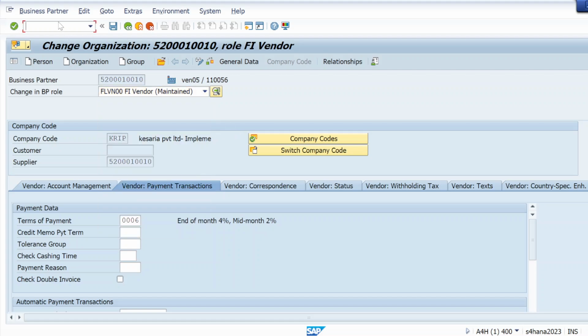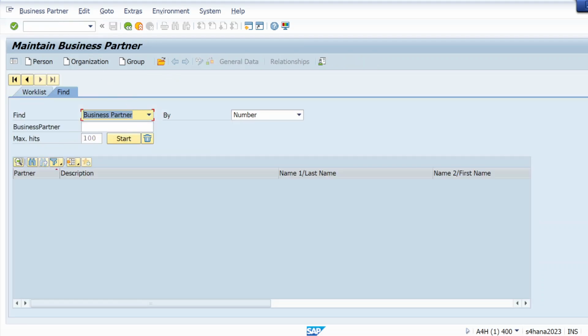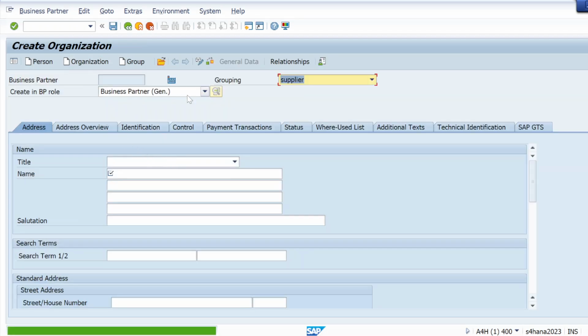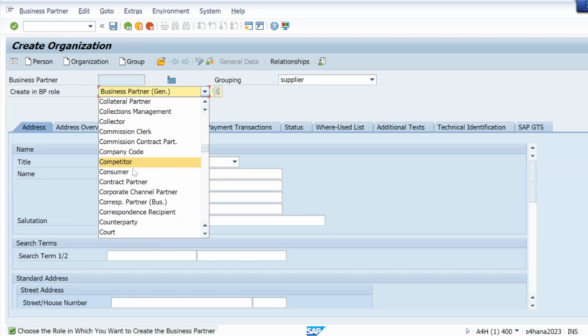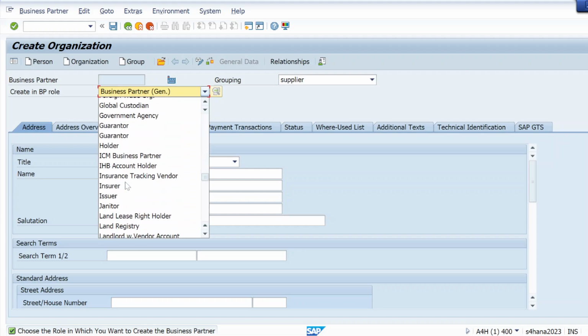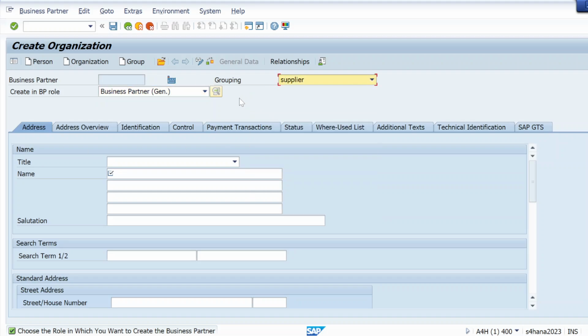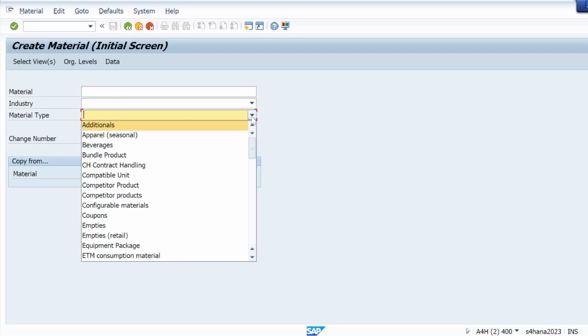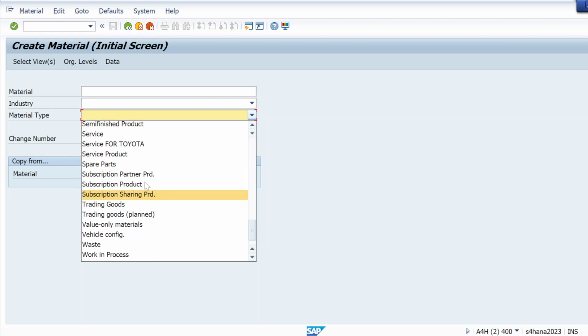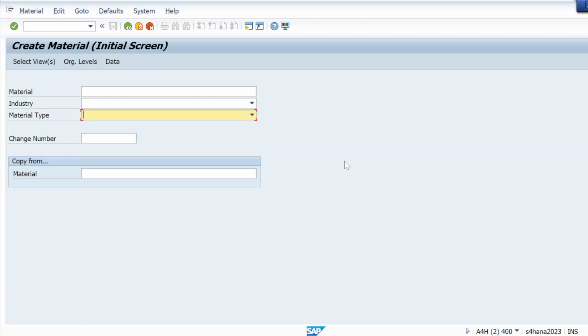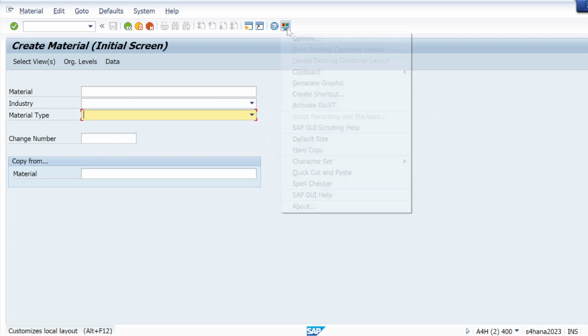Once again I will use T code BP, and you will see I will not be able to see the keys. Sometimes it happens in your case, you can only see the description, you can't see the keys. Here also, everywhere I'm not going to see any keys. Even in MM01, in the material master record, I'm not going to see any keys, only the description. So if that happens, or if you are working on a fresh system, how can you change that?